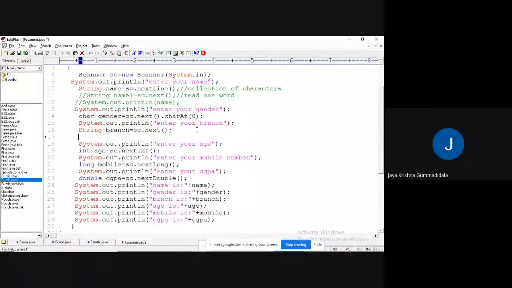But I don't want that. So I will check whether the next entered data is an integer or not. If the next entered data is an integer, I will execute the next line. If it is not an integer, then I will go for checking again, the next check.